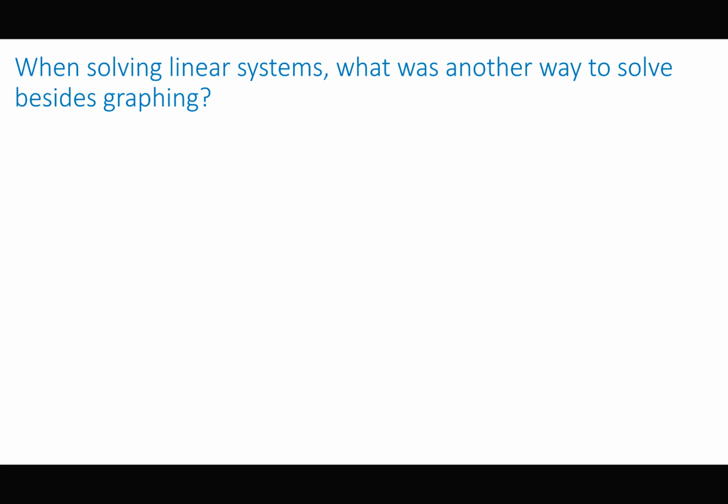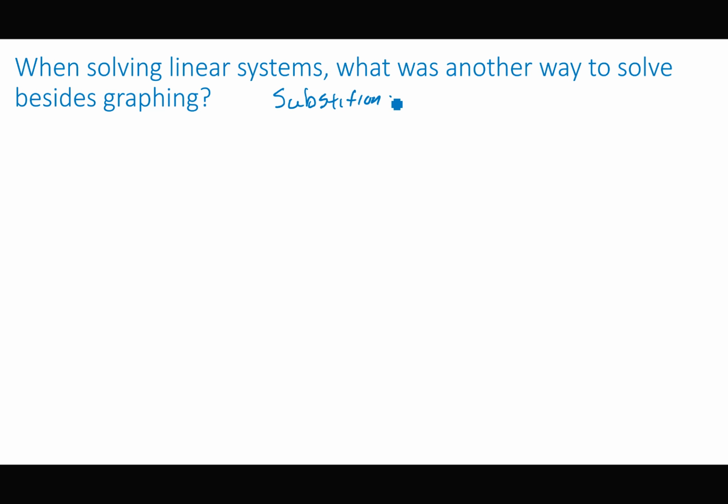All right, so going back to looking at linear systems. When we were working with linear systems, we could graph it, figure out where they intersect, but if it does not intersect at a nice spot, a nice corner of our grid, we had to look at another option. What was another option we had, Brixton? Substitution. Okay, so substitution says